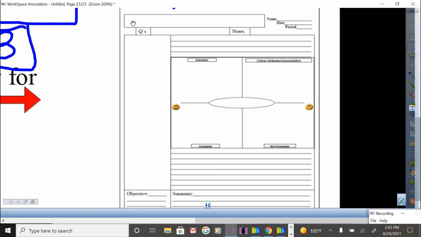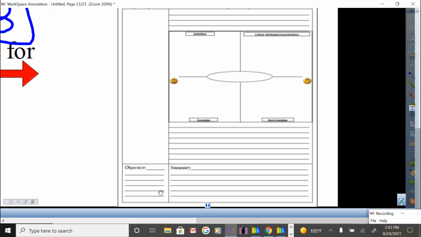First, if you notice at the top, there's a blank rectangle. You guys see that? That's where you're going to write the title of the lesson. And we'll get to that in a little bit. If you notice at the bottom left, it says what? Objective. So when I read the objective, that's where you're going to write your objective for the day. Now, in the objective, remember that there's a big idea for the day, or the main concept. The main concept goes here in the center of the Frayer model. So far so good? Yes? Okay? And that's how we fill that in. And we'll get to that in a little bit.